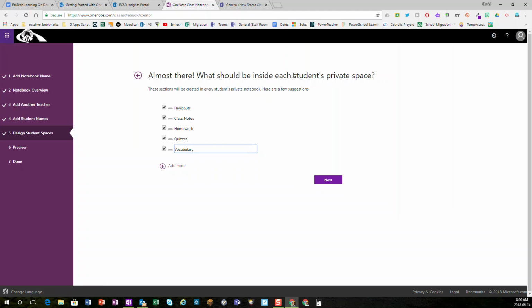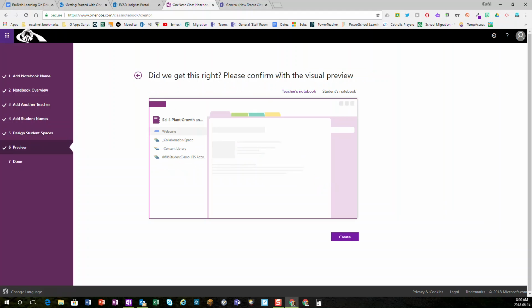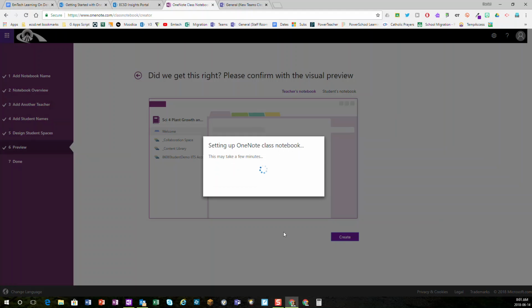Remember, this is in each student's private space. So this is not one big area that we're all working in. It's just for each student and individual. This kind of gives you a little preview what the teacher notebook would look like as well as the student notebook. If you're satisfied with that, you can create. It takes just a couple of minutes. While you wait,